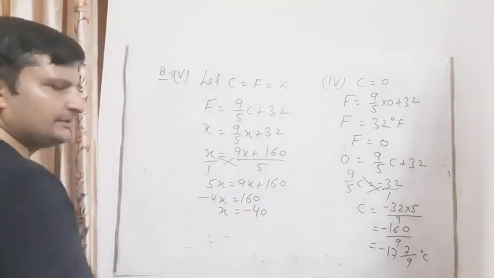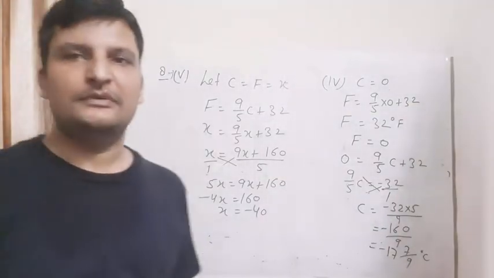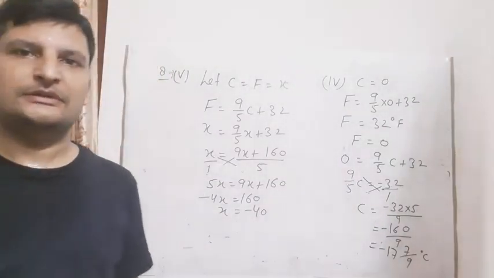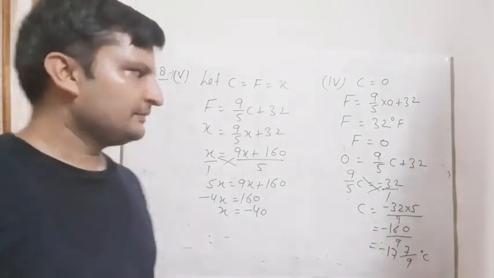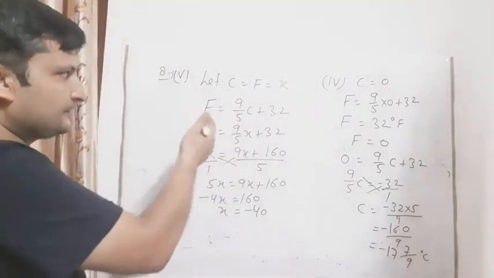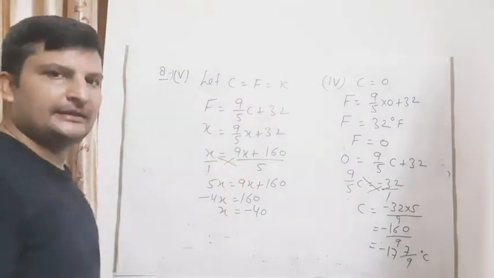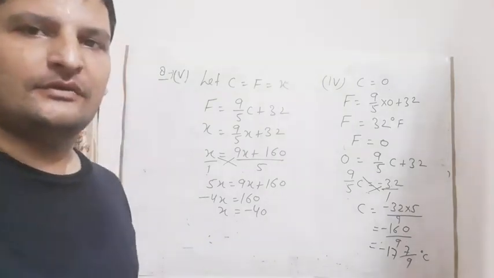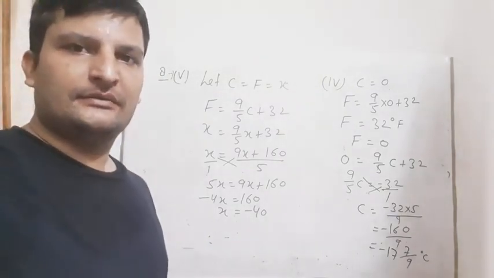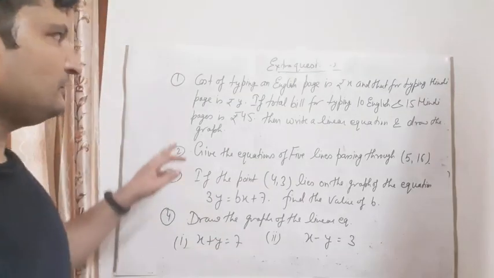-40 डिग्री जो टेम्परेचर होता है वो C और F में दोनों में सेम होती है। ये क्वेश्चन आपके फिजिक्स के लिए भी बहुत इंपॉर्टेंट है, so learn this formula and solve it like this. -40 degrees is the same for Celsius and Fahrenheit.